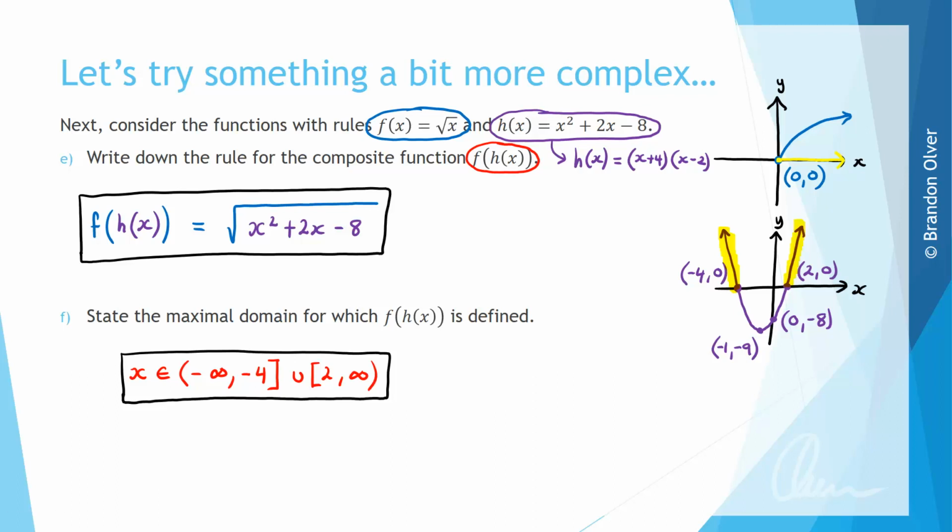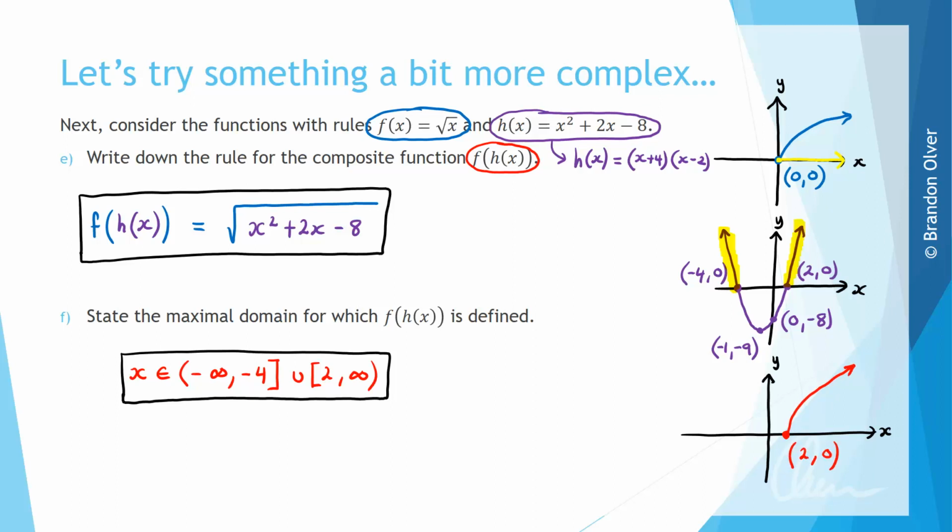And now that we've done that, we could have a little go at attempting to sketch f of h of x. So we're going to draw another set of axes down here. So that's the y-axis and the x-axis. And this graph is going to exist from 2 to infinity. And when we plug 2 into that rule, we get 0, so the square root of 0 is 0. So at 2 down here, this is included, and then it starts to look like this graph,